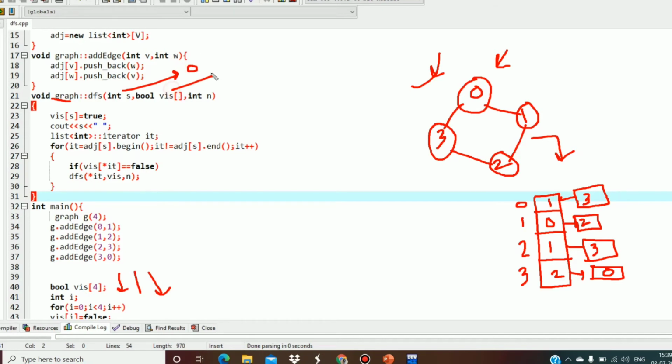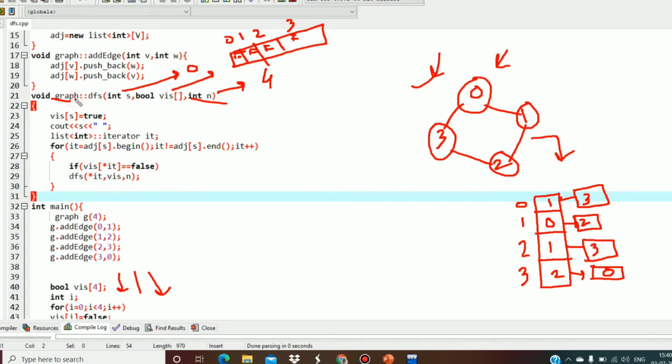The boolean visited array will be an array where all the values will be false. So the index number is the vertex, and it is initialized using the false value. No vertex has been visited now, and this is the size of this visited array, which will be 4, that is the number of vertices.